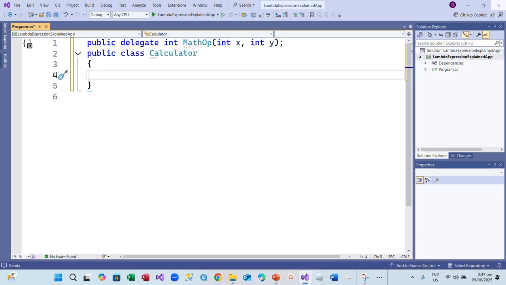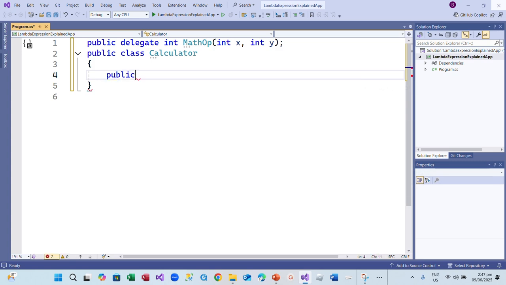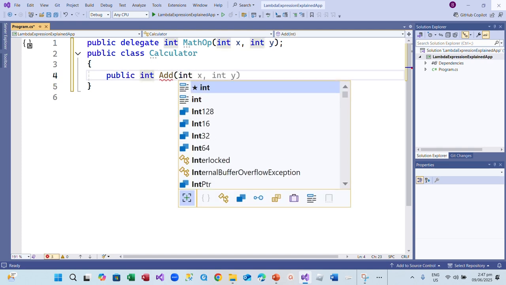Inside this calculator class, we'll have maybe some methods. So say public method, it returns int. The first one is named Add, and then it takes integers x and y, but let's